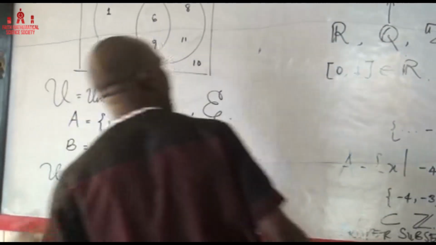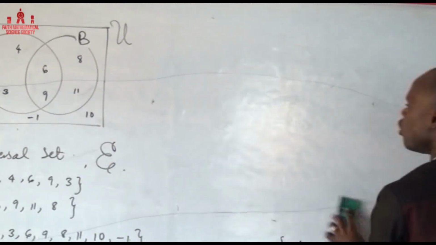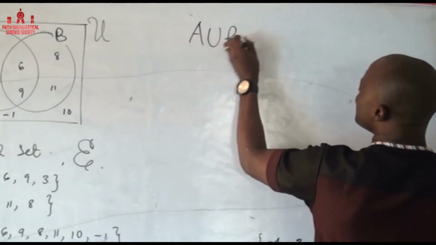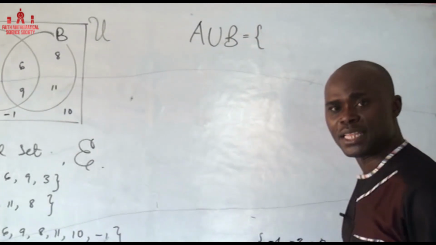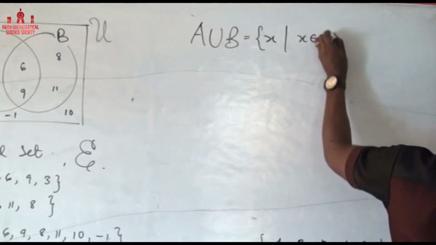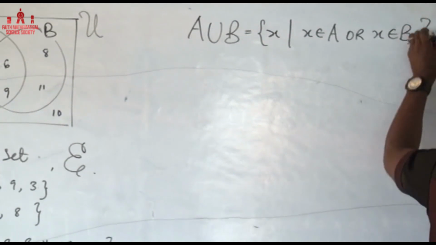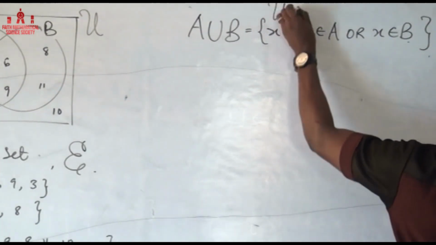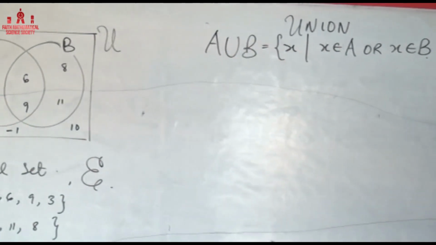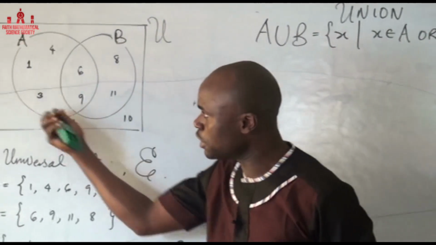Okay, so we move down here and discuss some very important points, and that is what we call the union. So we can have A union B. A union B, by mathematical definition, are those elements such that those elements are in A or those elements are in B. That is what we mean by the union. Take note, we use this sign to represent union. Now, what is the union of A and B? It represents all those elements you see in these two circles.